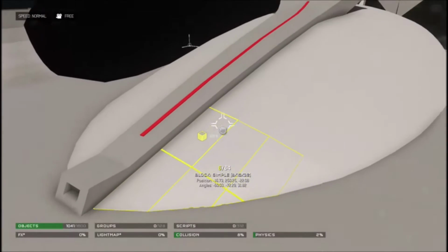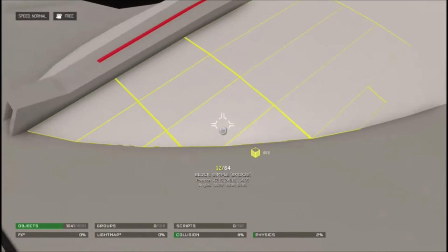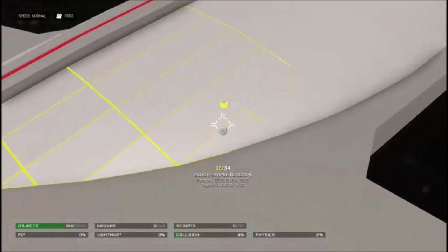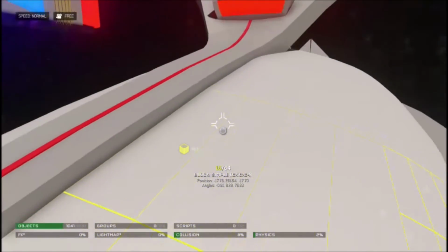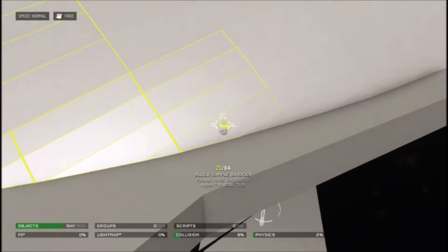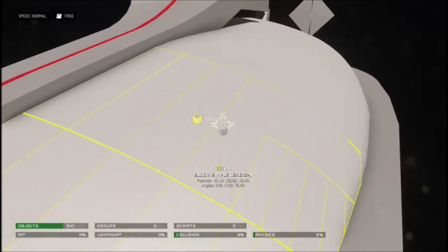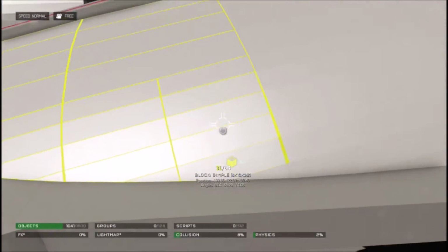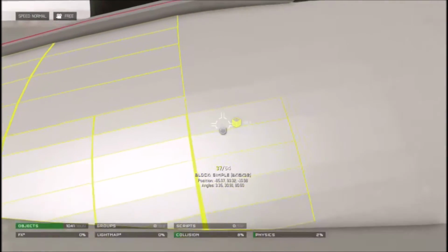I am really happy with how the hull came out. It took quite a few tries to get it angled right. Man, you could just see the difference in the shades of gray. It's unreal. I do have quite a few pieces sticking out of the bottom. So chances are once I've built the sausage section and all the main stuff, I'm going to go back and try to build the sides of the ventral section and the back. So the whole bottom where the emergency exit is for the warp core,